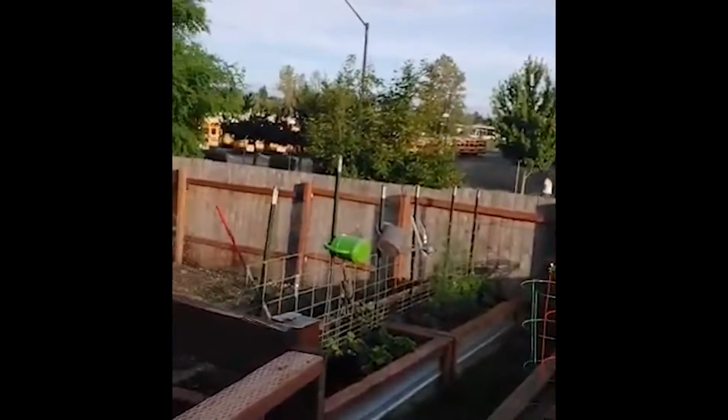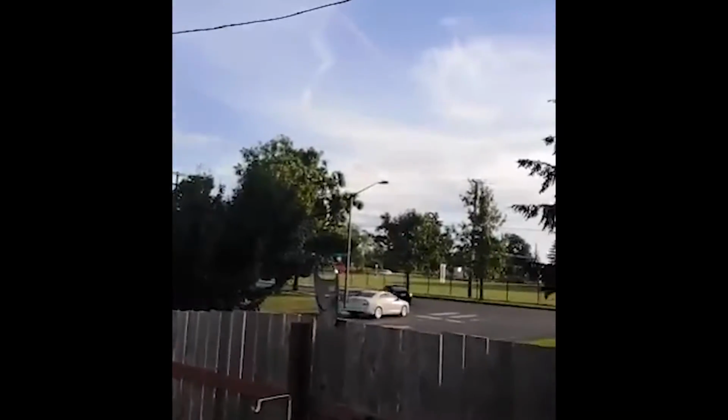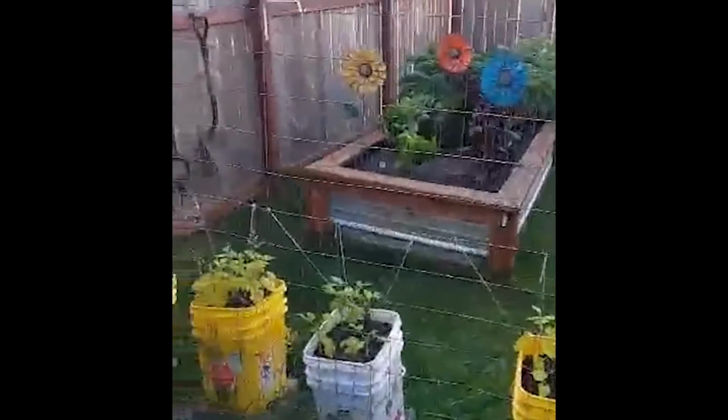But just so you know, there's probably going to be a lot of traffic in the background. As you can see, I've got a bus barn literally right across the street. There's a middle school over there, and there's a main road right here. So our little place is right smack dab in the middle of Yelm, up in upstate Washington. So Michael's going to be my little camera person as I walk through the garden and show you what we got. So as you can see from the outside,